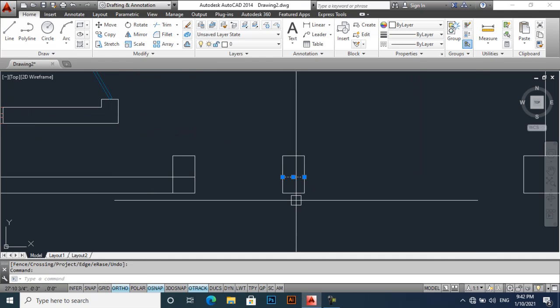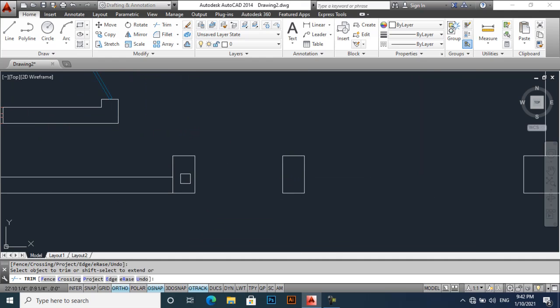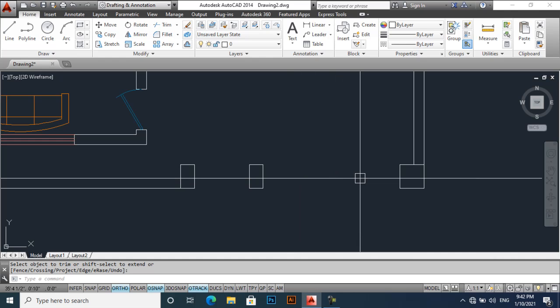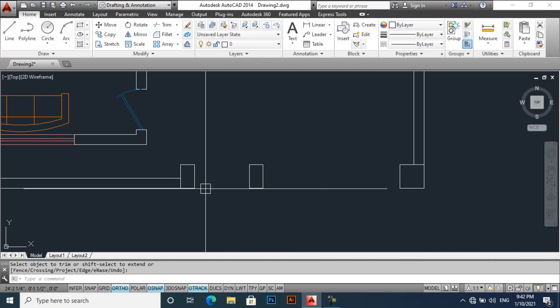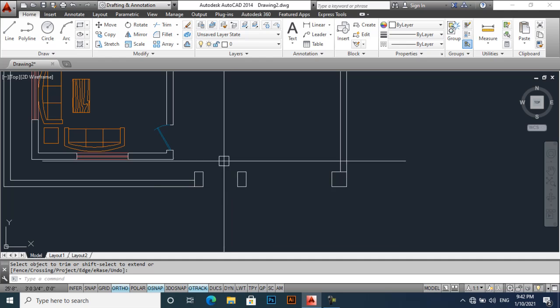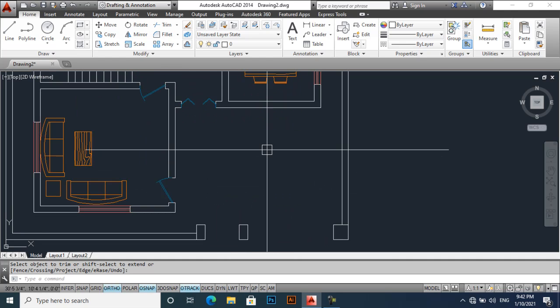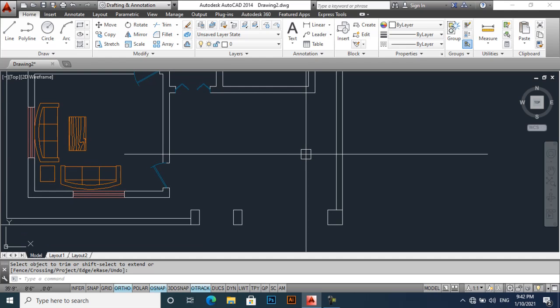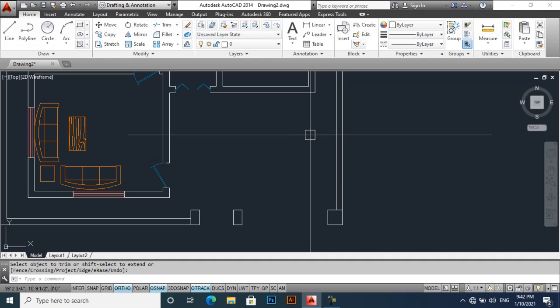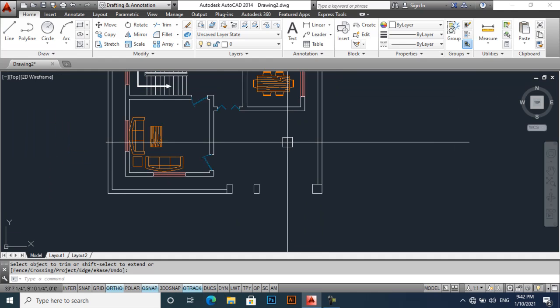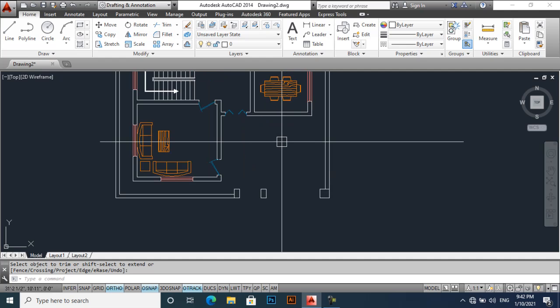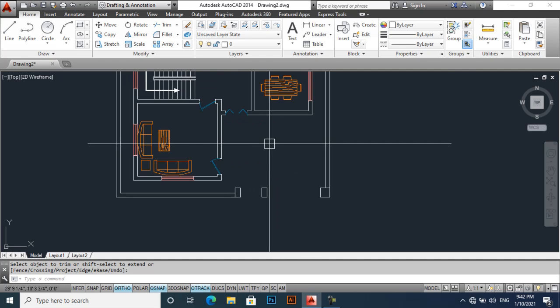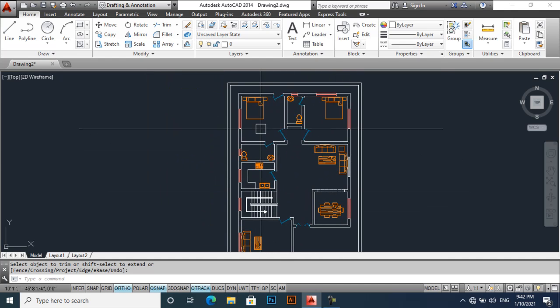So this will be a main gate and this will be a smaller one for entrance. This area will be our car porch. Now one thing you must remember, you can create a car porch here, and in the first floor it will be a balcony. So I will import text,